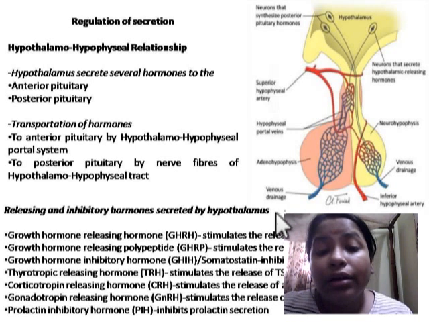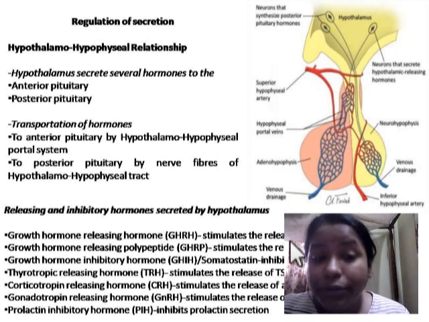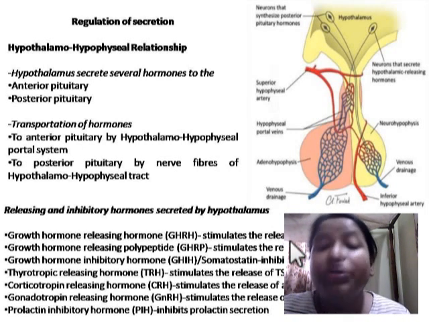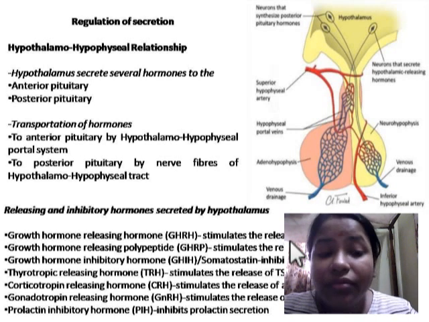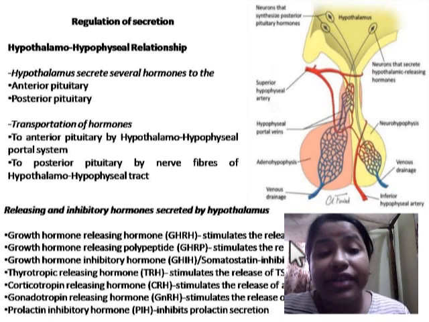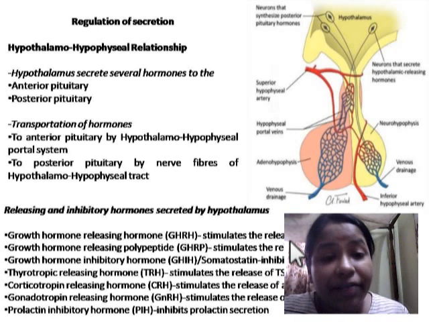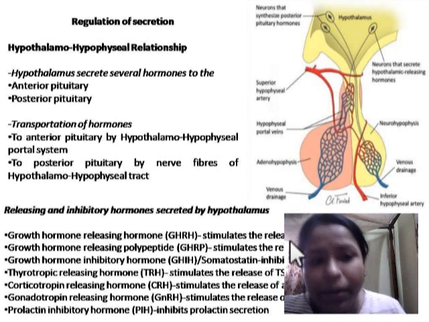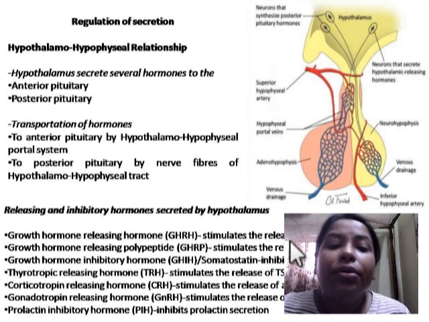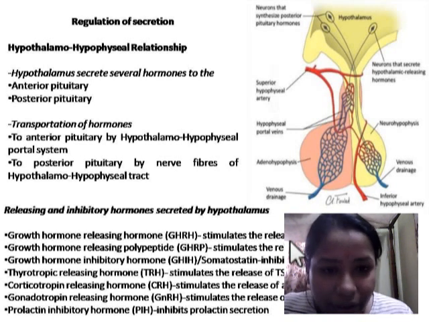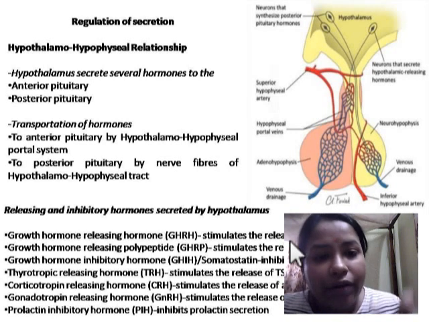Here the hypothalamus controls the anterior pituitary by secreting releasing or inhibitory hormones or factors called neurohormones that are transported to the anterior pituitary through the hypothalamo-hypophyseal portal vessel. Okay, some specialized nerve cells present in various parts of the hypothalamus send their nerve fiber or axon part to the median eminence and tuber cinereum and release the hormone into the median eminence.